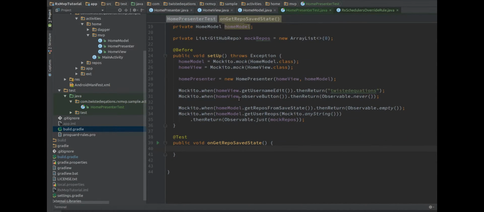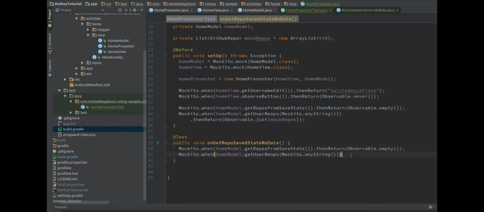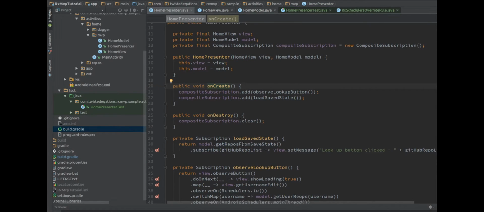So as you can see here, nothing's going to happen because we've mocked everything. So what we want to test is there's two cases we want to test. Okay, repo save state, no data. So our mock is going to essentially be updated. We're going to get rid of the defaults, and we're going to pass our mock repos back. We're going to say that the repos are empty. The save state is empty. So then we're going to call our actual method onCreate. So when we call onCreate, it's going to subscribe, going to do that, and it's going to pass that to the setMessage. So what should never happen is, because this is an empty thing, there should never be